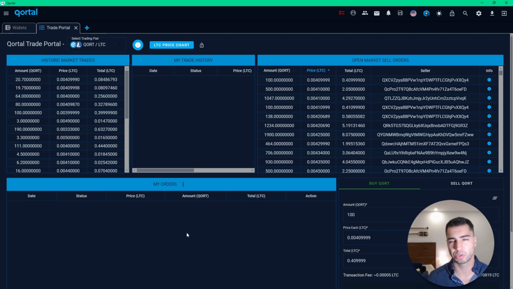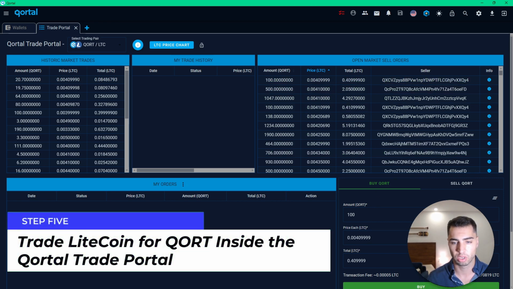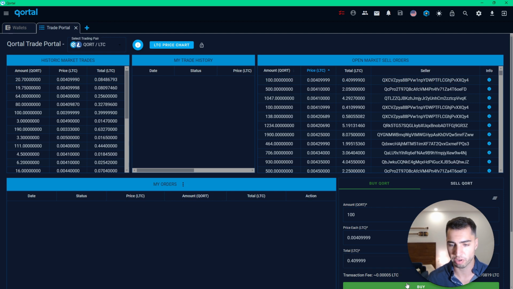Okay, so I decided to send the rest of the Litecoin I had on the centralized exchange to my Litecoin wallet on Qortal, just so I could show you how to make a purchase and have enough Litecoin for it. So let's go ahead and make the purchase for this one. So we could see it, total is 0.4 Litecoin, and now we have 0.6 Litecoin. So if I click buy here,